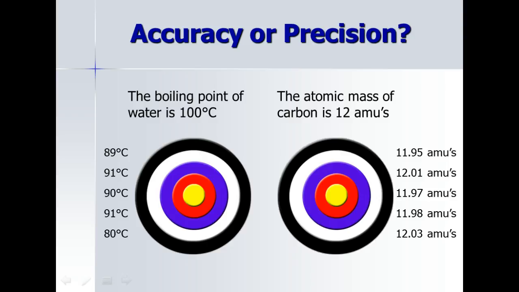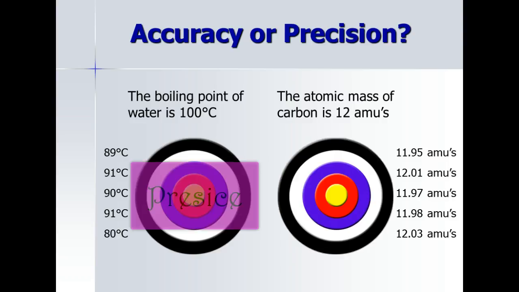So let's take a look at some more. The boiling point of water is 100 degrees Celsius. And what we got was 89 degrees Celsius, 91, 90, 91, and 80. If you think of that 80 as an outlier, it's just one that doesn't match the other ones. These are precise, but they're not